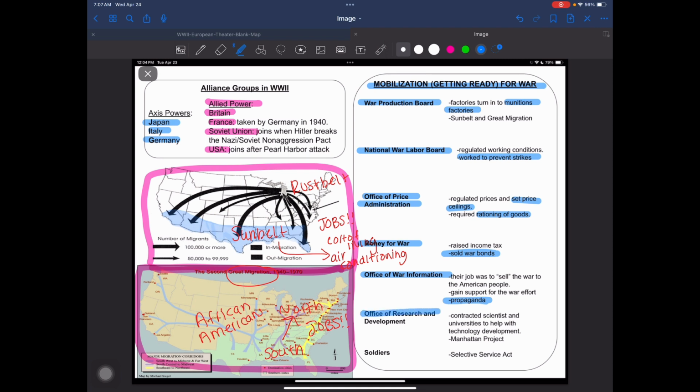We got something really, really new here, and it's important. The Office of Research and Development. This is specifically created for new technologies that we need in this war. This group's job is to find a way to create new things that are going to give us an advantage in this war. So to talk about some of the technology that was developed, I want to jot down